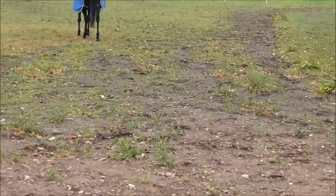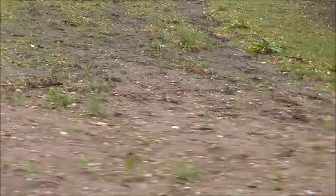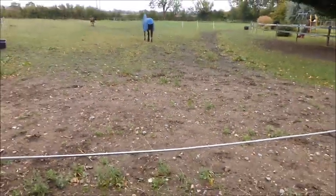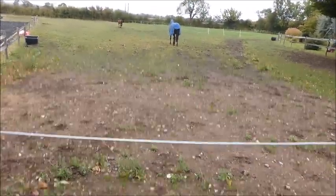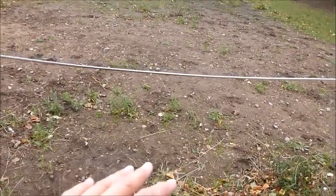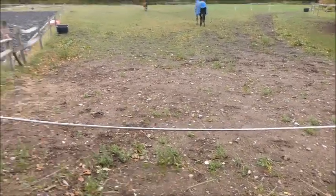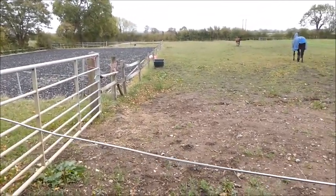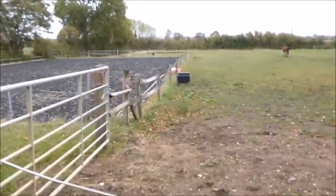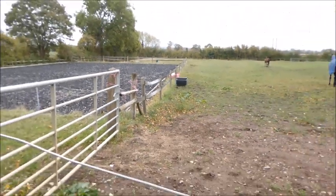I do want to do some reseeding. I can't quite decide. When they come to do the poo pile, I'm going to get them to reorganise this out here, because when they brought me lots of soil to fill in the big dip here, they haven't really levelled it very well, so I'm going to try and get them to level it better, because the gate is difficult to open. I have to lift it. As you possibly see, that horrible horse Basil broke this rail, so I need to get that fixed. So it's tied up with string at the moment,